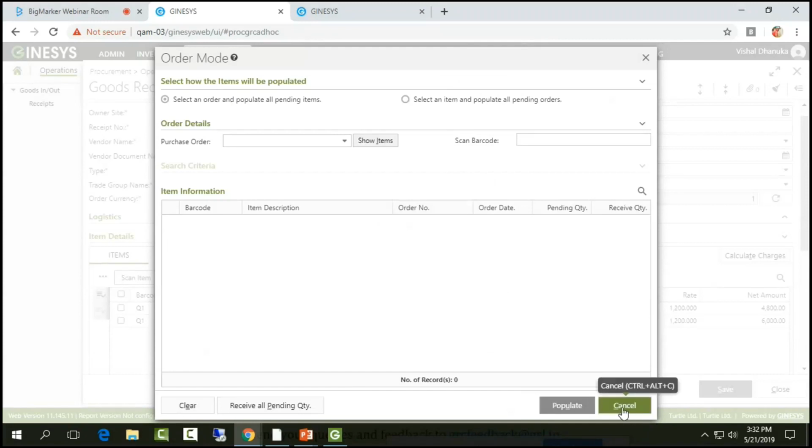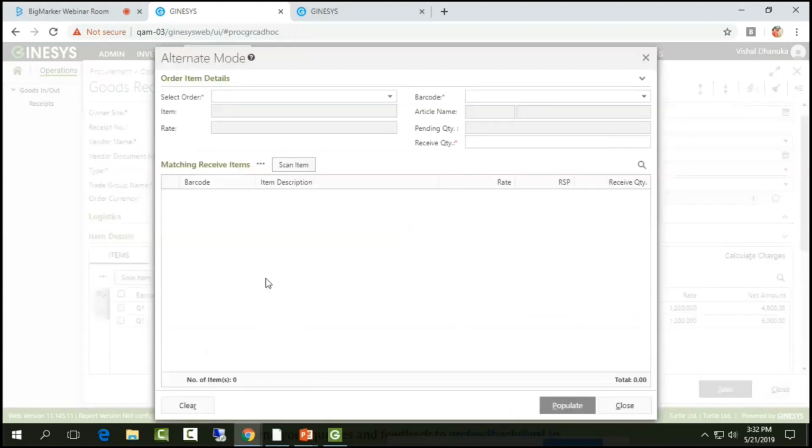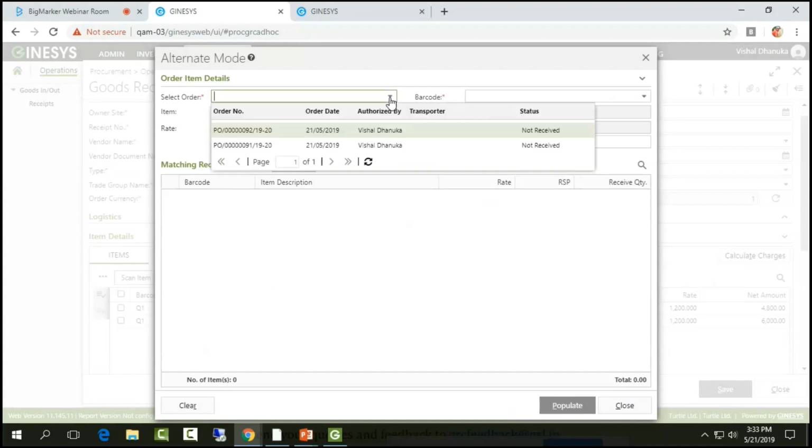So moving ahead with this, coming out with alternate mode items. Again, this is also dependent upon the profile settings for the user. I'm not going into much detail of this alternate mode because it's almost identical to what we have available in the desktop application. It's the same behavior. User can select all the pending orders from the list. The barcodes for the pending order will be displayed for selection,